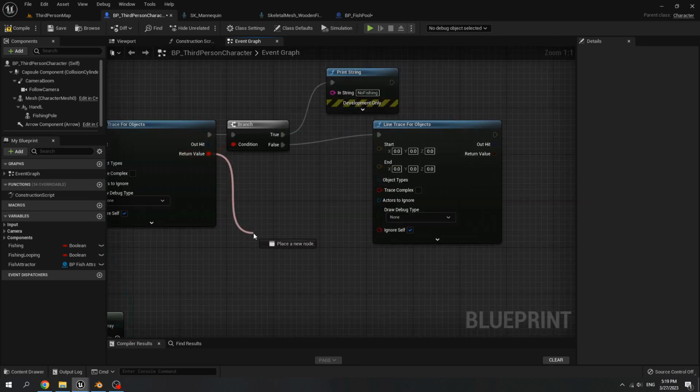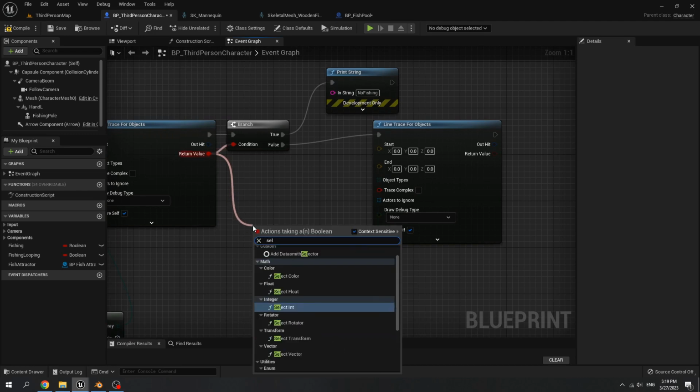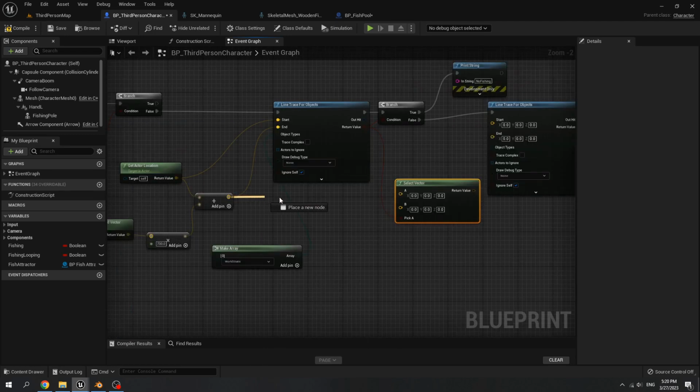For our return value, call select vector and connect the add vector to the B vector.